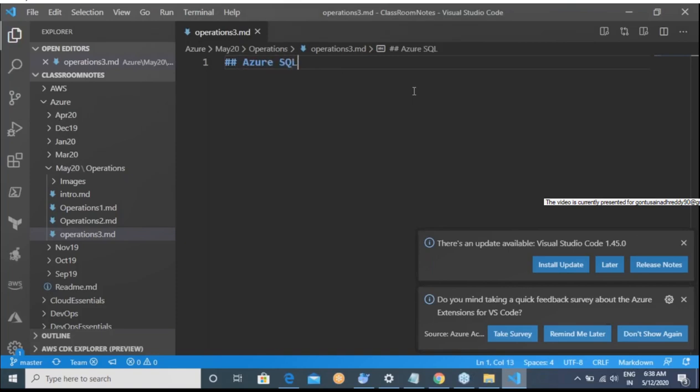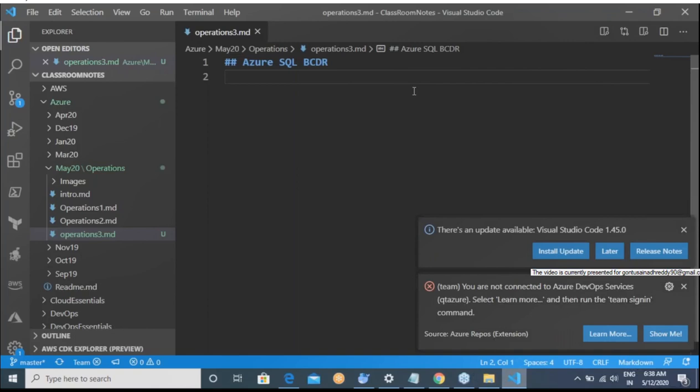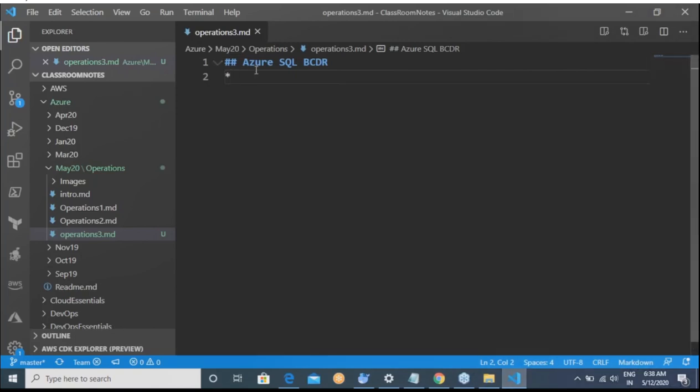Azure SQL BCDR, Business Continuity and Disaster Recovery Plan. I'm quite sure that while learning Azure SQL, we have spoken about two things: business continuity and disaster recovery, and backups.